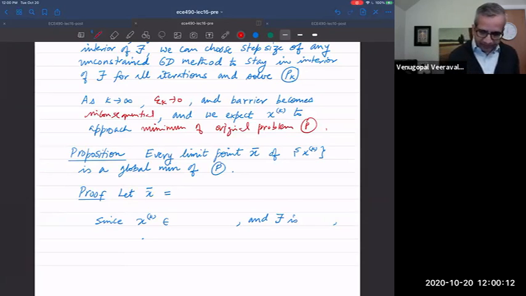Right, that's the idea. So let's prove this. It's a pretty short proof, so let's do this quickly. So let's look at some limit point x bar that was found by, this is the kind of proof we